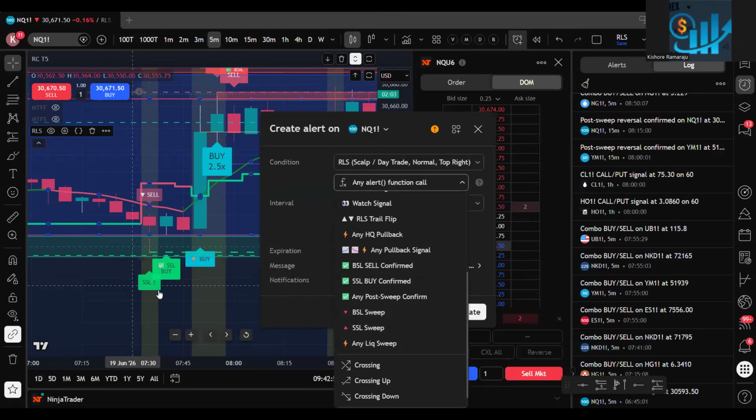So you will know, and then you can be ready. If immediately the next candle you get is in the same direction, then you can immediately enter a buy signal. But if you don't even want to know this one and only want to know when this happens, you can put on the SSL buy confirmed. That means you can do a buy.